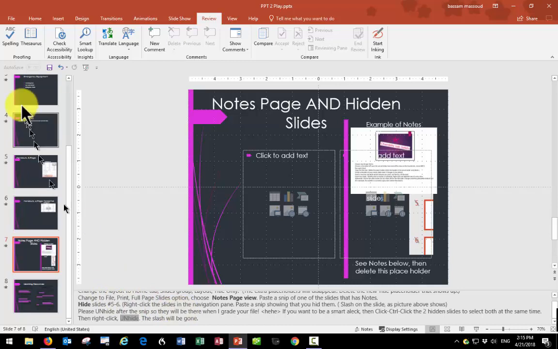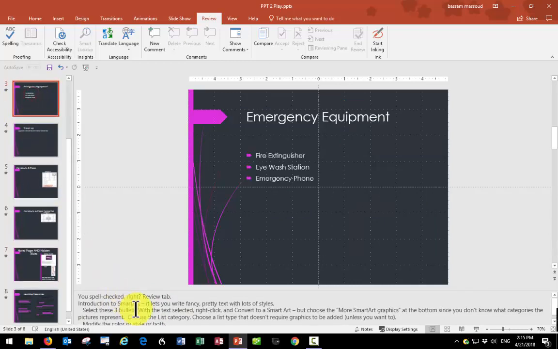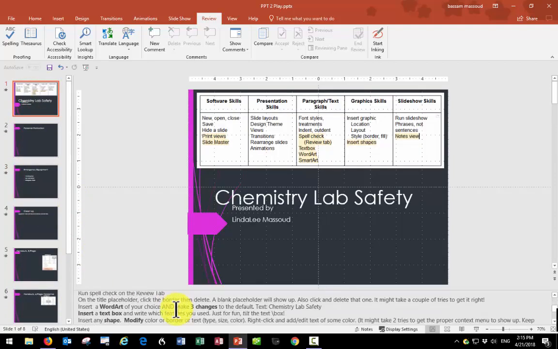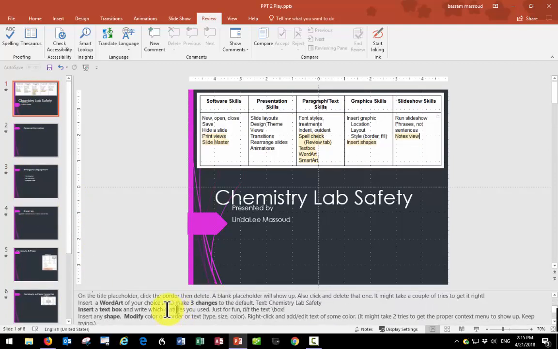And then I was supposed to be up here on slide 1, wasn't I? Spell check. Introduction to SmartArt. SmartArt lets you write fancy, pretty text with lots of styles. So I said select the 3 bullets. Am I in slide number 1? No. Let's finish what I was doing here. Okay. We're going to,